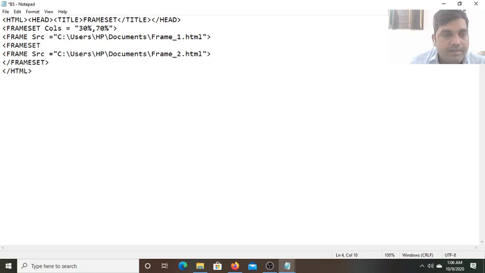Frameset. And after that, suppose you divide horizontally, so you can write the rows. Rows equals to, there you can write 20%, comma 80%.